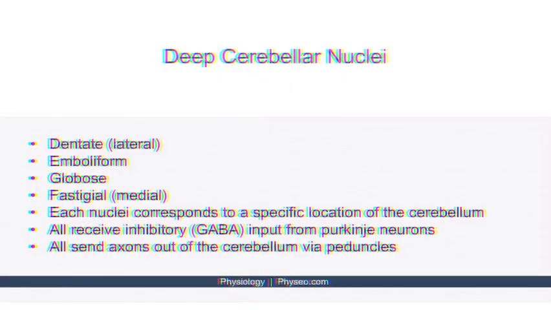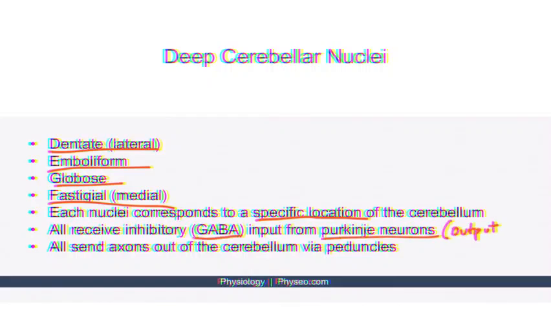So now let's talk about these deep cerebellar nuclei. There's the dentate nucleus, which is the most lateral one, and there's the emboliform, globose, and fastigial. Now each nucleus corresponds to a specific location of the cerebellum, and all receive an inhibitory input from the Purkinje neurons, which, as we recall, is the output of the cerebellar cortex. It's best to imagine that by default, these deep nuclei are sending off signals. When the Purkinje neurons release GABA, the deep nuclei will be inhibited. This allows the cerebellum to modulate movement as necessary. And then these nuclei, once inhibited by GABA, will all send axons out of the cerebellum